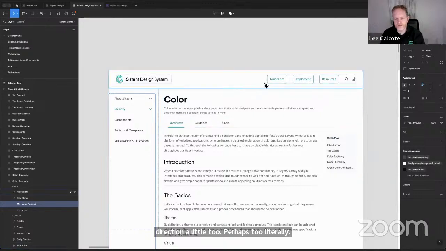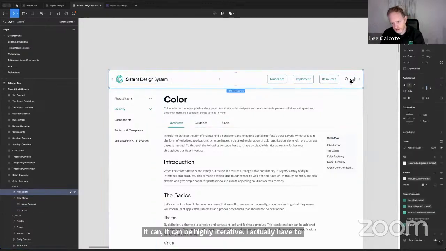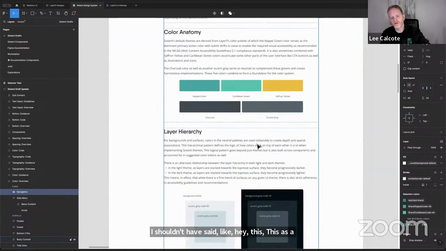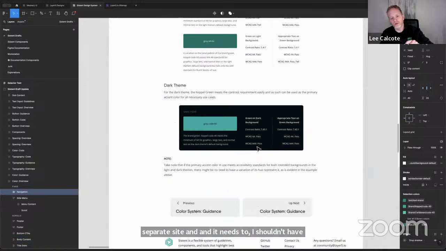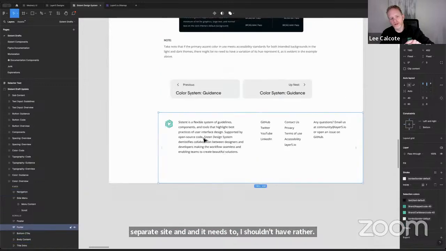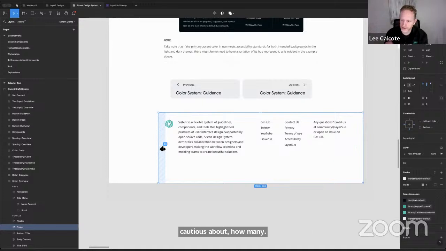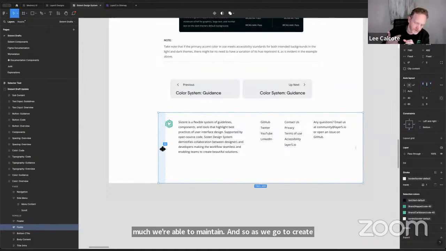I actually have to take back what I said before. What I should have said is we have to be quite cautious about how many engineering calories we have to go around, and how much we're able to maintain. So as we create something new, let's set ourselves up for success by trying to componentize or reuse things as much as possible.